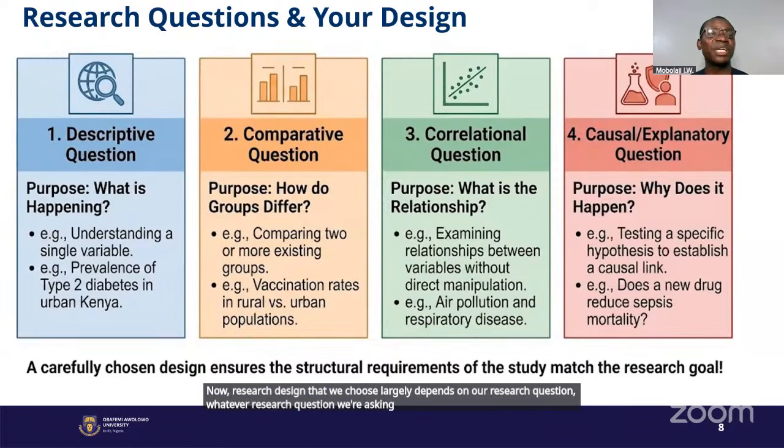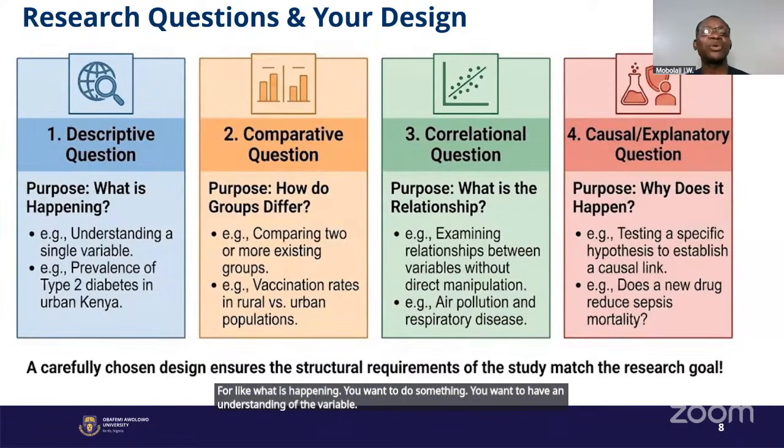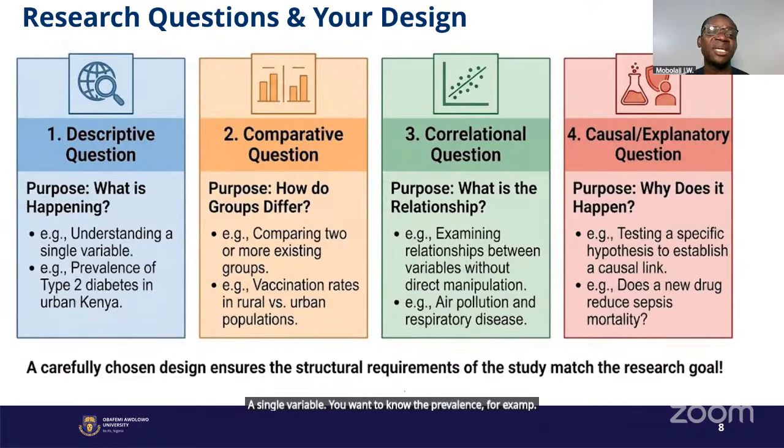For example, if our research question is descriptive, like what is happening. You want to know what is happening. You want to have an understanding of the variable, a single variable. You want to know the prevalence, for example, prevalence of diabetes, maybe in Kenya, in Nigeria, in any other country. So you want to know the prevalence in the US. So the type of research design you use for this is different from the one you're going to use when you are comparing